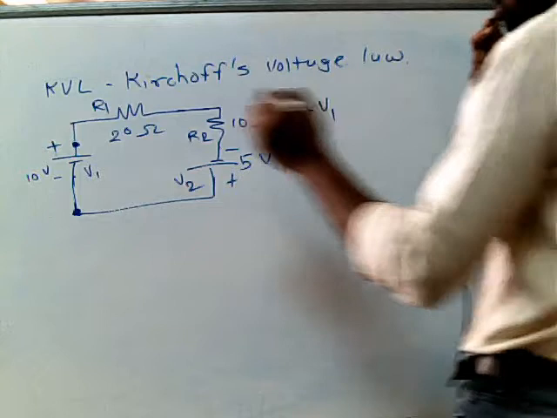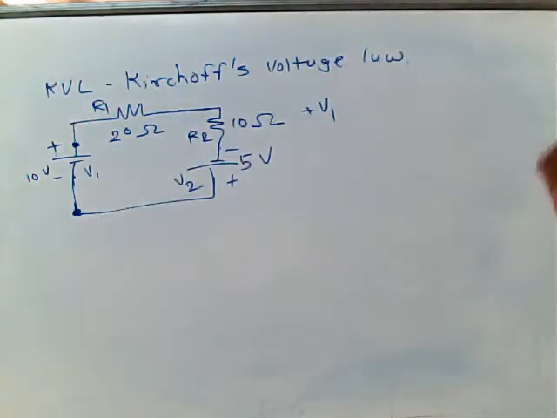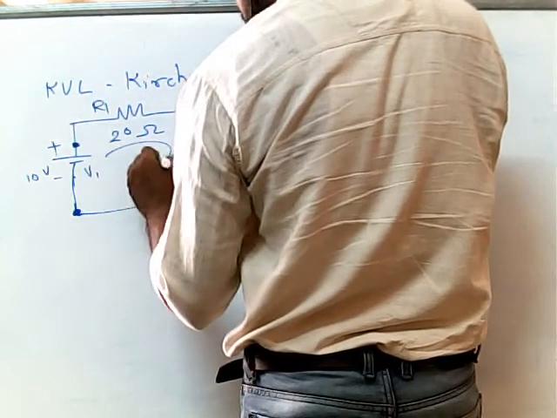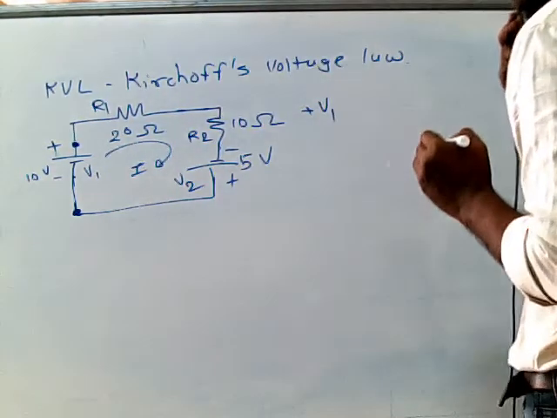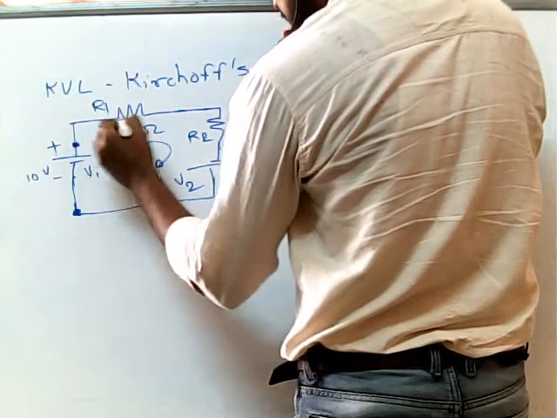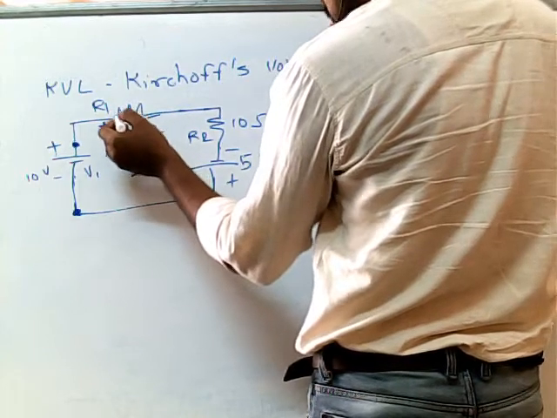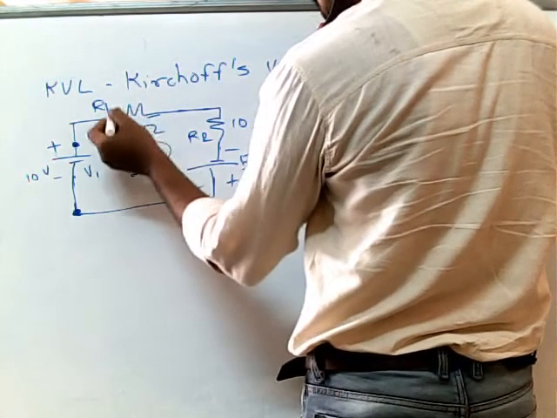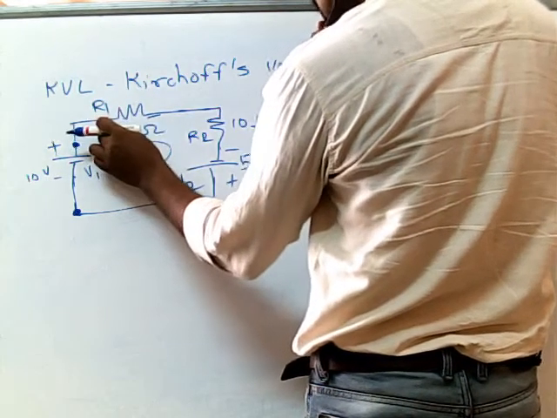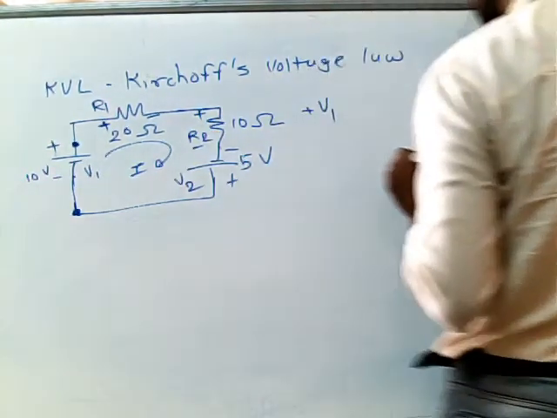Now again moving, this is R1. Basically in KVL, we are summing voltage drops. Let's say the current through this branch is I. Current is flowing in this direction, so there will be more voltage at this position as compared to this one, because there is a voltage drop across any resistance. So the voltage at this terminal will be higher as compared to the voltage at this terminal, so this will be plus minus, and this also will be plus minus.